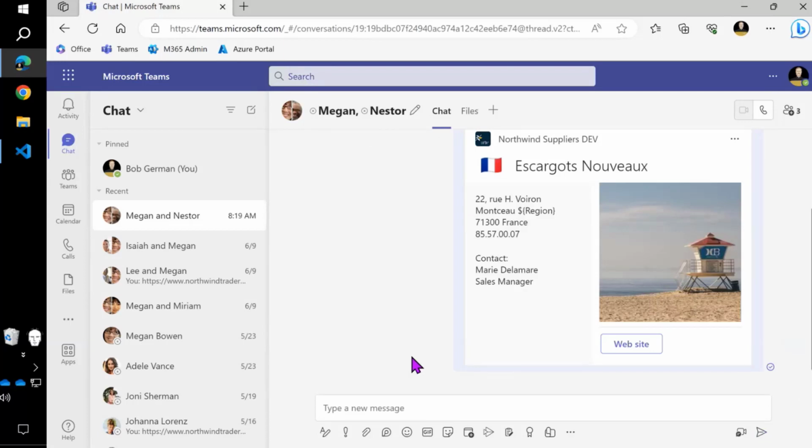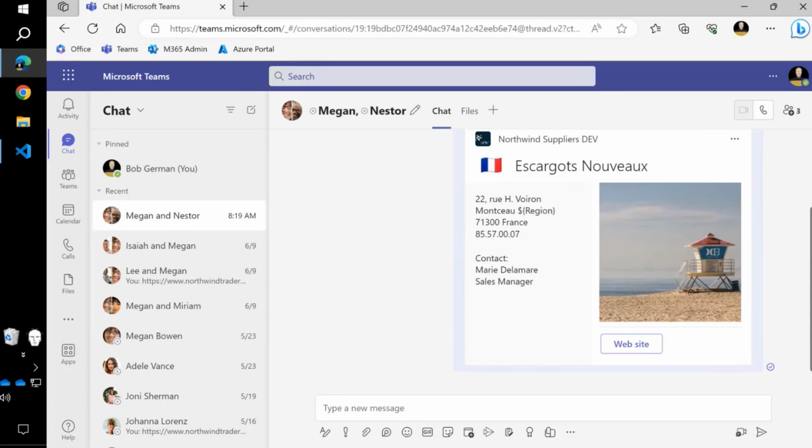So there's another lab in the original app camp that shows you how to put input fields on this adaptive card and actually accept updates from the user who receives it. We didn't really take it that far. Actually, I would love to get some kind of feedback on where we should go with this, because it could just be the first step of doing all kinds of other things. But anyway, you'll learn in this exercise how to consume a web service, expose it in a search message extension, and build an adaptive card that you can then share in Teams and Outlook.